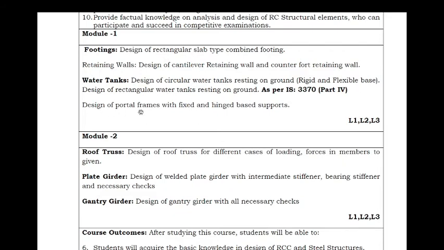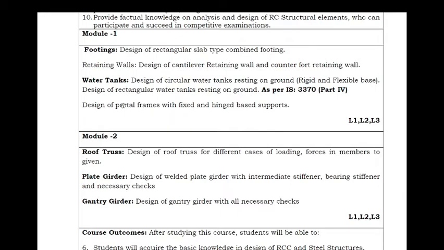And the next is design of portal frames. Portal frames you already analyzed in your analysis of indeterminate structure and analysis of determinate structure. What did we do there? We computed the moments, the forces acting on the portal frame. Those will be given. Now this is the further part. After analysis we will design. So we are going to design the portal frame. In portal frame, what all you will have? Column, you will have beam, you will have slab, you will have fixed end condition at the base. So you have two types of design of portal frames: one is fixed base support and the other one is hinged base supports.